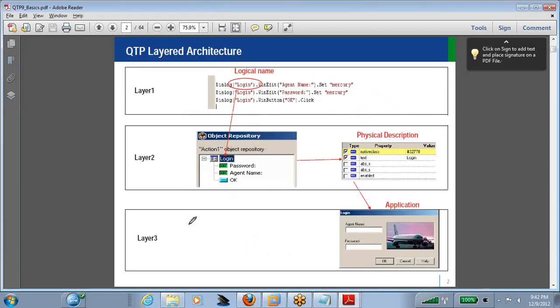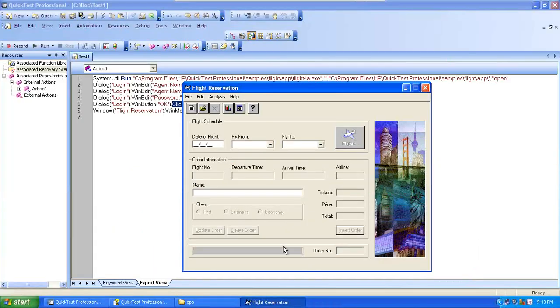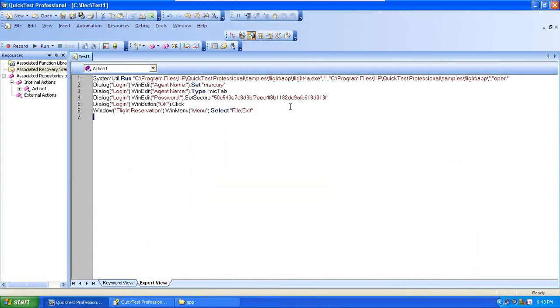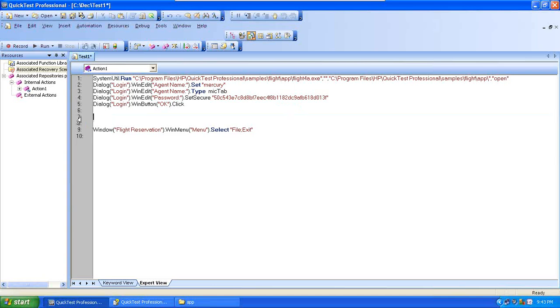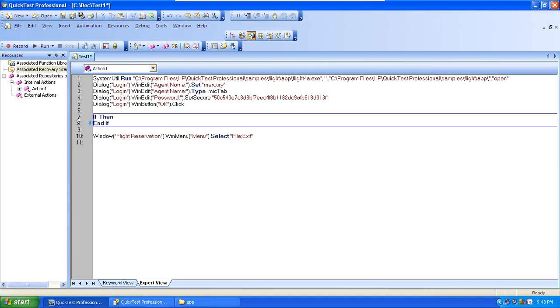But we have very good, powerful, and easy methods available. Same as checkpoints, we will write the code. If you are already aware of checkpoints, you will see how easy the code is that I write here. Okay, let me write the code. If I type if and press the space bar, it automatically completes the syntax, the remaining stuff. Okay, let me do it once again. If, space bar, if, then, and that is the complete